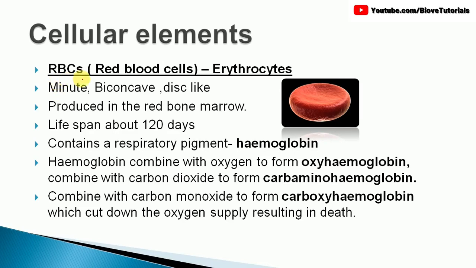The first is RBC. RBC is called red blood cell and is also called erythrocyte. Okay, you need to remember that it is also called erythrocyte. So first, the structure. RBCs are minute, and sometimes you will see in the book it is written corpuscles. We call it red blood corpuscles. Corpuscles is a kind of cell which remains suspended in a medium. Like RBCs are those cells which float in the fluid part. So that's why they are called corpuscles, and they are very small as compared to the normal cells.